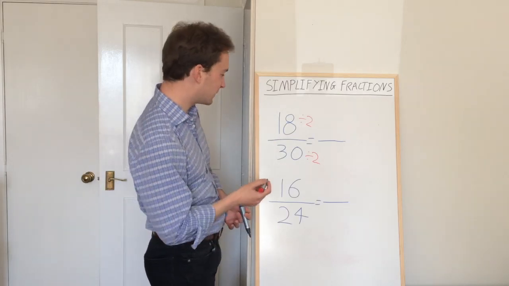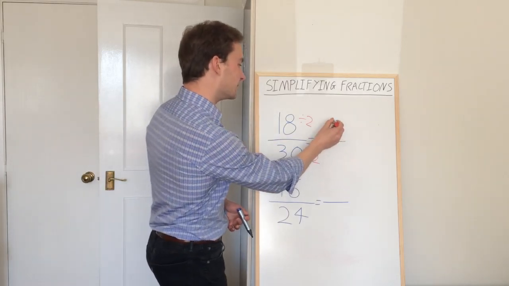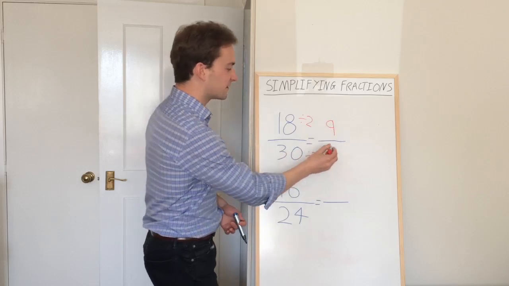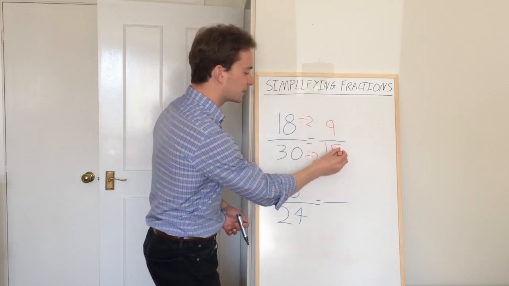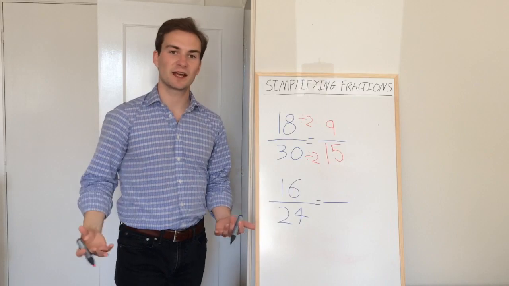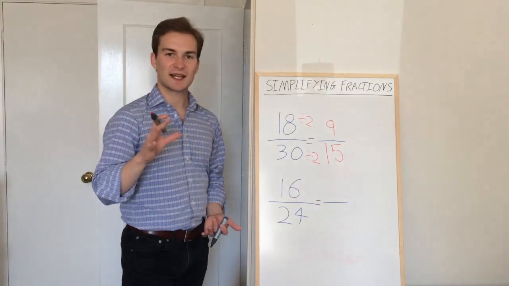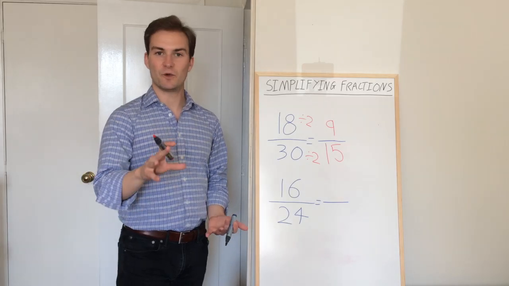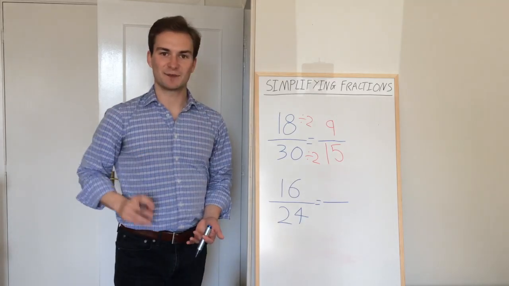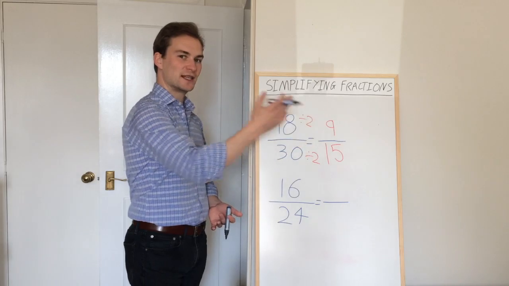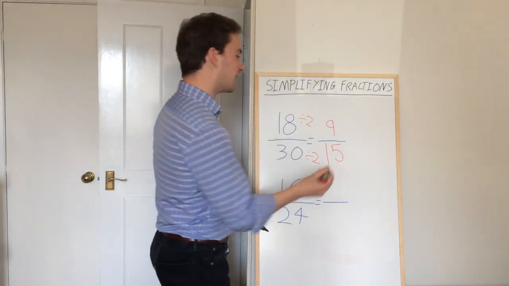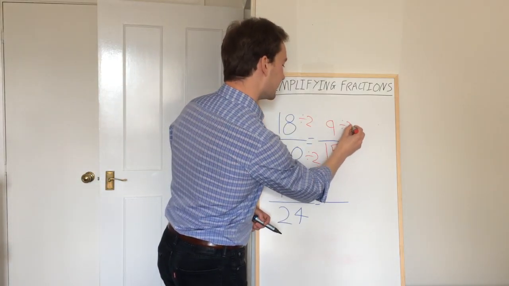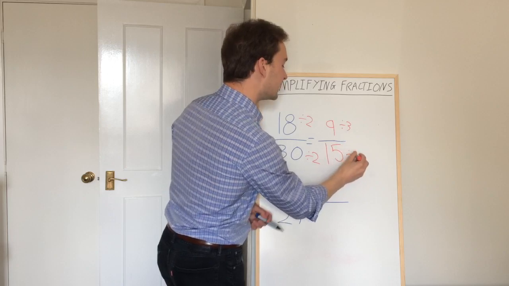So we divide these numbers by 2: 18 divided by 2 becomes 9, and 30 divided by 2 becomes 15. So already it's looking a lot simpler, but can it be simplified further? Well, if there are further common factors other than 1, then yes, we can simplify it further. In this case, we can see that 3 is going to be a common factor, so we therefore divide both by 3,